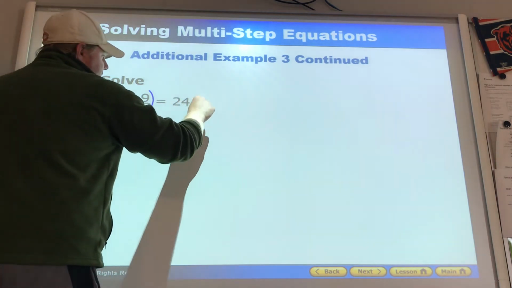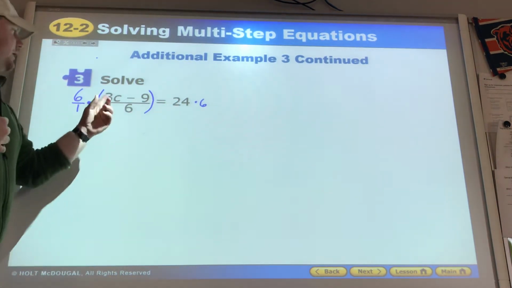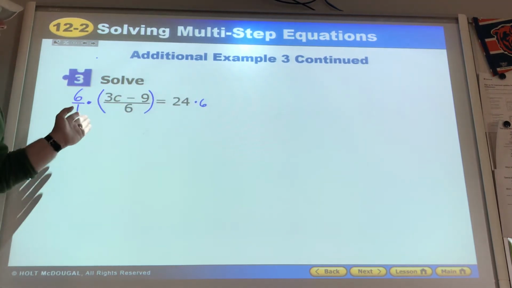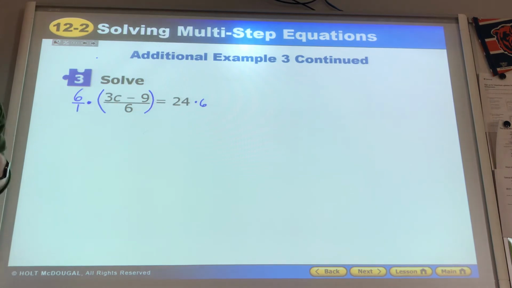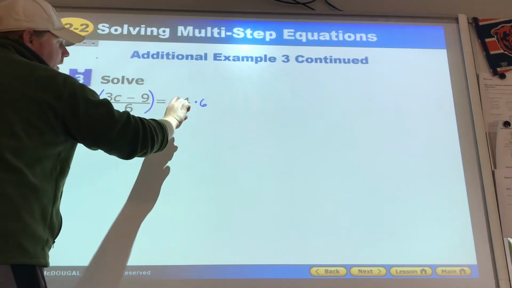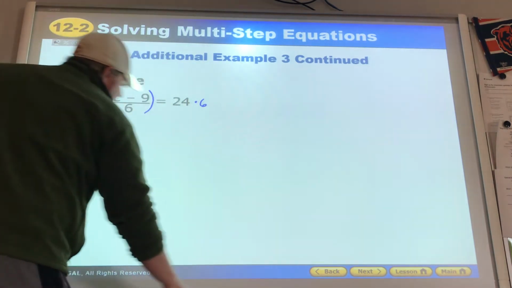I'm going to multiply this side by 6. Do you see how 3c minus 9 is all one item there? And that has a variable in it. Therefore, if I multiply this whole side by 6, and I do the same thing over here, it's kind of like using the distributive property, except,